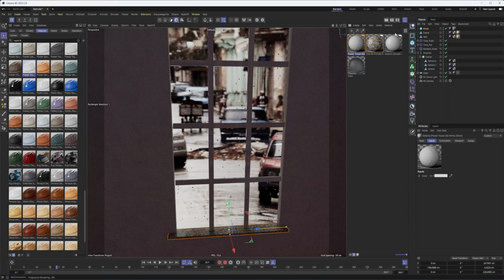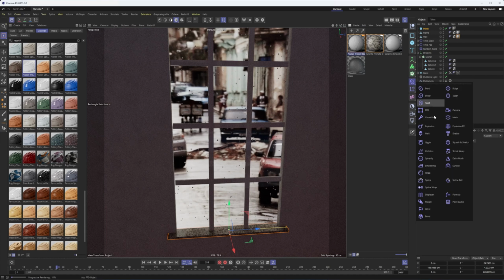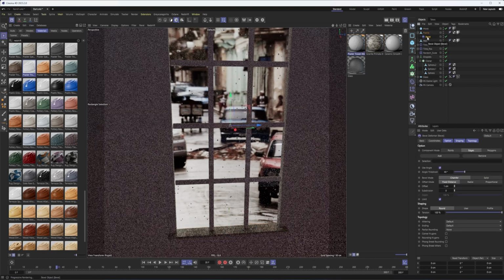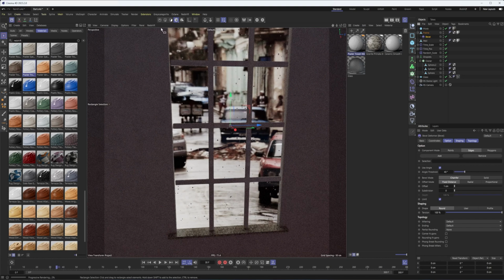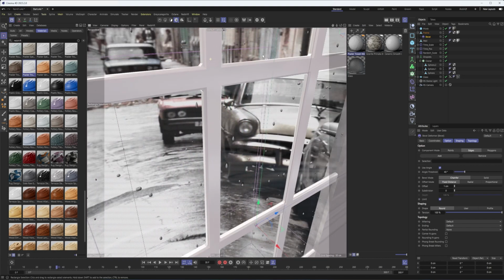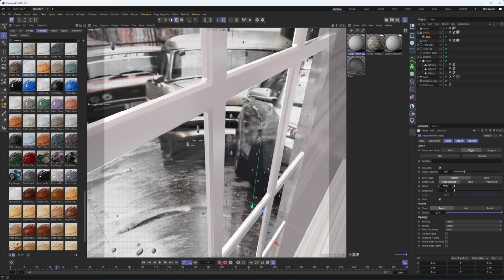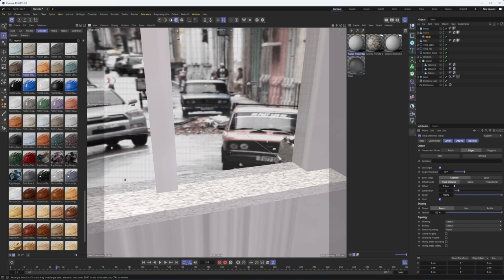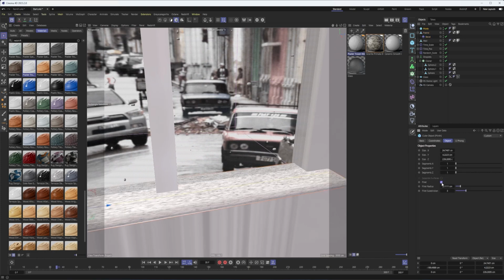So I could also come in and maybe add a bevel deformer to our frame. Not the frame. Yeah, actually, the frame is what I want. Just the little grid pattern there. So that's a bit too big. So maybe we do like 0.3. Maybe increase the subdivisions a little bit. Yes, just round that out a little bit. Maybe do the same thing here. Add a fillet.